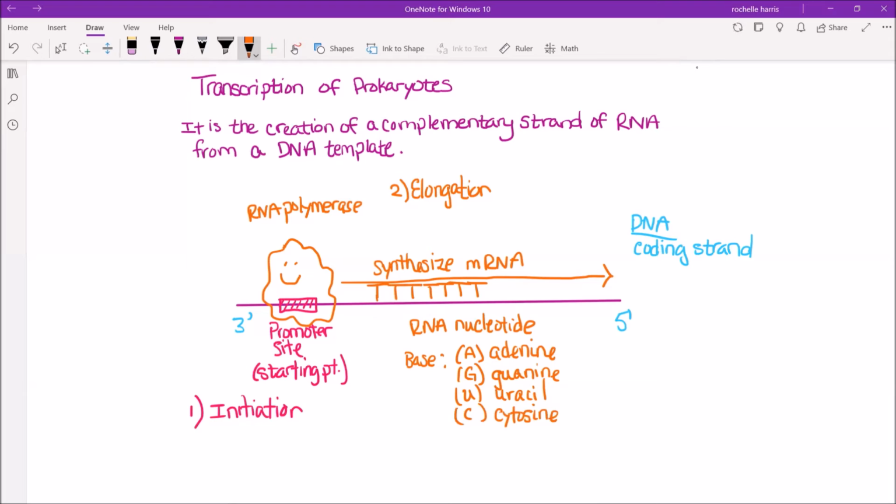All right, so our RNA polymerase picks up RNA nucleotides that are complement to the DNA coding strand. Now, eventually, the RNA polymerase would have to stop, and there is a point at which it does. Once it hits the terminator site,